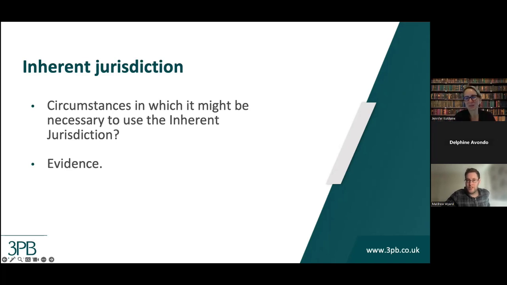So that, within the allotted time, is a very, very brief overview of the court protection process for family lawyers, as well as the way to protect vulnerable adults in the family division.